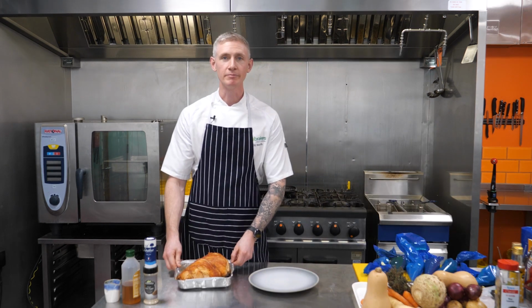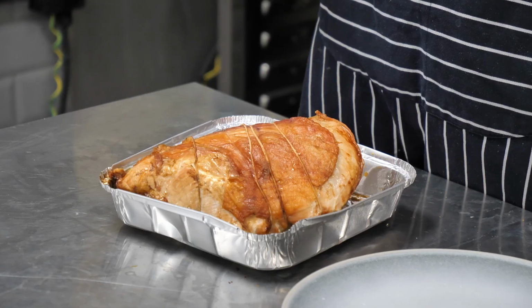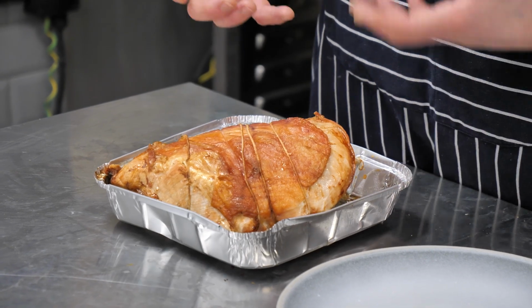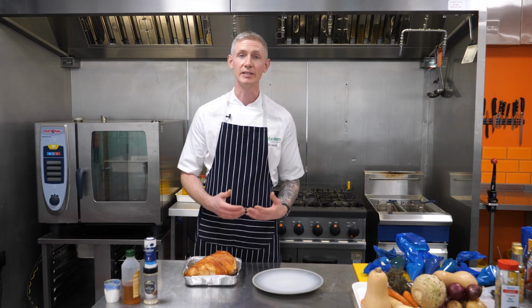So the turkey's come out of the oven, and we're going to puree that down now with some stock. You could add your gravies or sauces into your proteins to blend down. It's a really good way of adding that flavour, getting the puree where it needs to be, and then it makes it nice and easy to puree and pipe